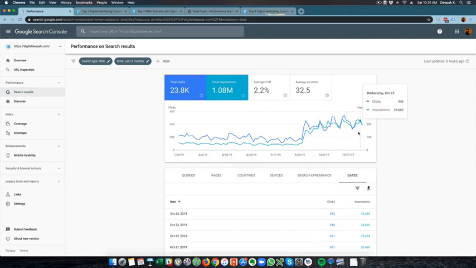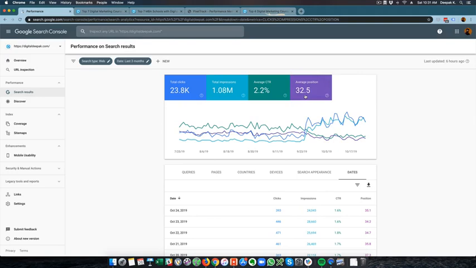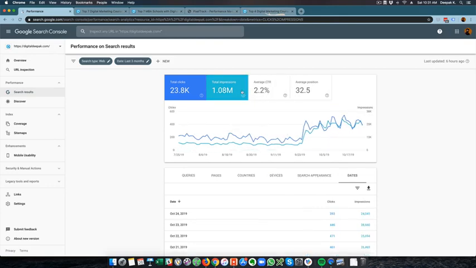And recently, after a Google update, the amount of traffic that my website has been receiving has increased via search. As you can see here, there is a bump. Since September 23, my website traffic has increased, and I believe that it will increase further. The average CTR is the click-through rate that I am getting, and average position is the position of the website in search results on average across all the web pages that I have.